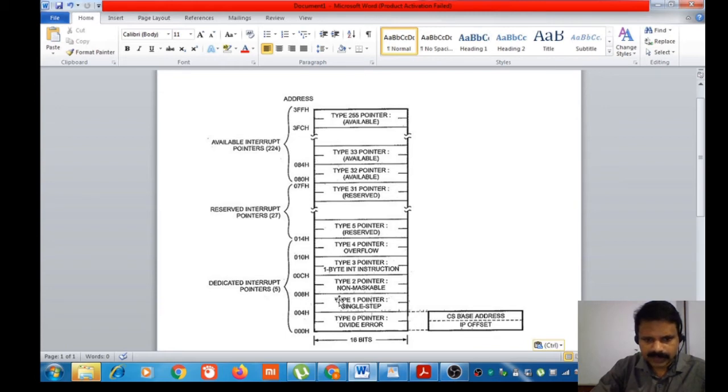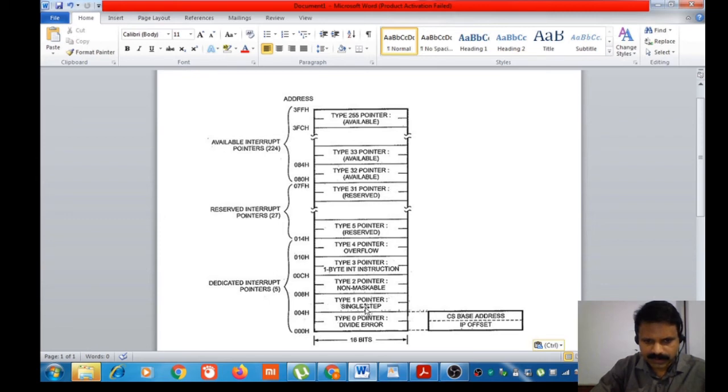See, for type number 1, its vector is stored in the bytes starting with the address 00004, 00005, 00006, 00007.